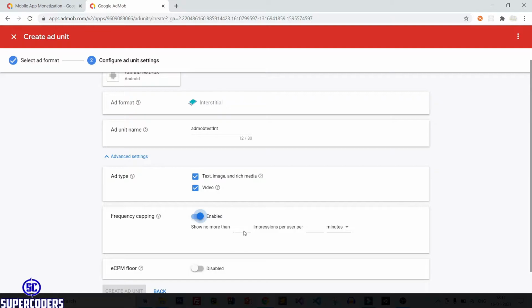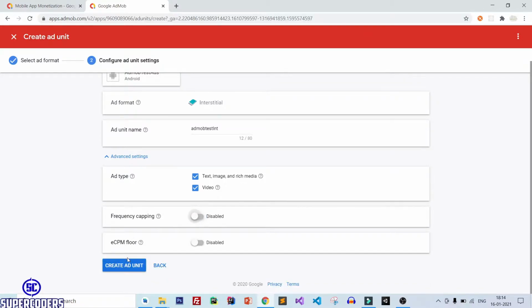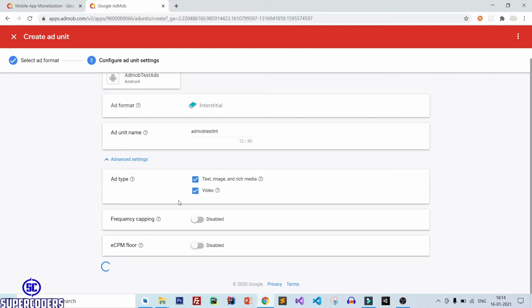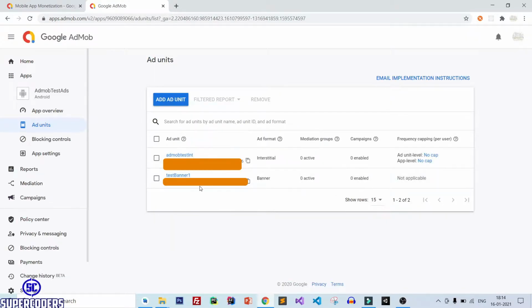If you enable this, you can set how many ads you want to show each user per minute. So leave it default, disabled. Click on create ad unit. After that, click on done. So here again you can see your app ID and here is your ad unit ID. Click on done. Now here you can see your ad unit IDs.